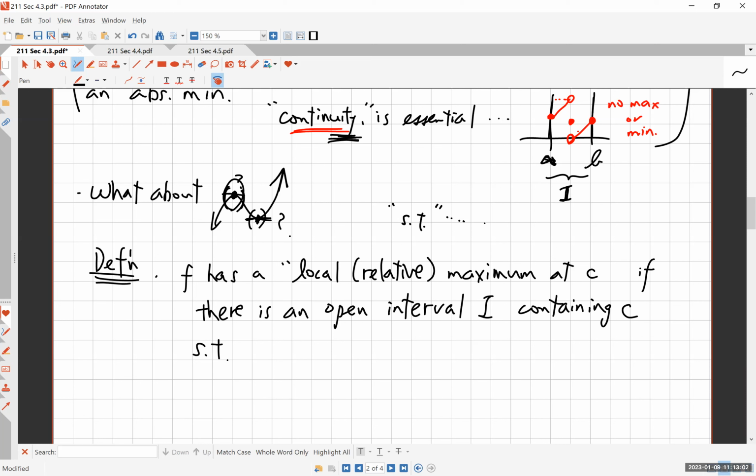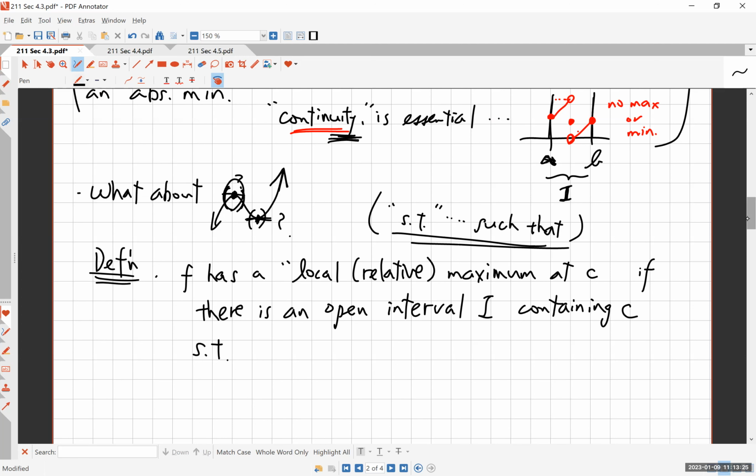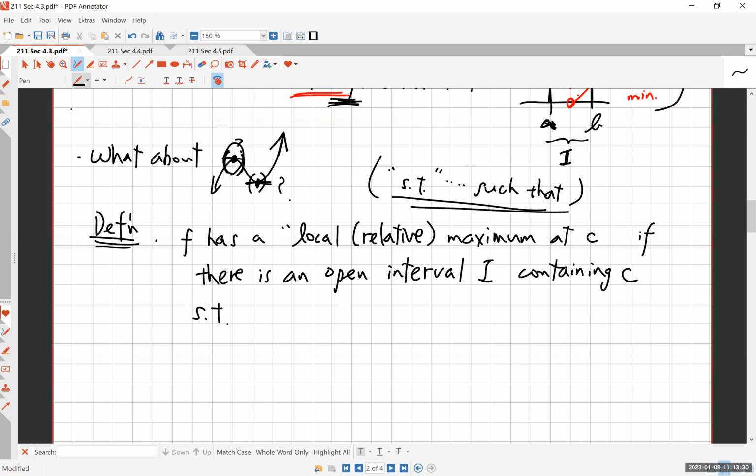I hope you know this by now, right? In mathematics, we use this a lot, such that, and abbreviate this as S.T. And in fact, if you are walking on the street or something, and somebody uses phrases like such that, like, hey, let's walk to the store such that, whatever, that's probably a nerd mathematician talking. I can always spot these people, like when they're checking into the hotel or something, like, yeah, oh, I want to check in such a way that I will be charged less. So what are you, a mathematician? Okay, so